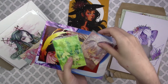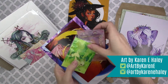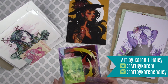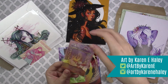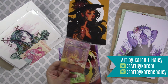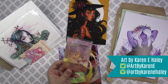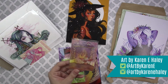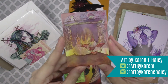So this is art that I got from Art by Karen E. Haley, and I actually got this back when she had an Etsy account. I know that she has switched her shops around, and I believe right now she has a Redbubble as well as a Store Envy that she's getting set up, and I'll list those down below. This is an original artist trading card size